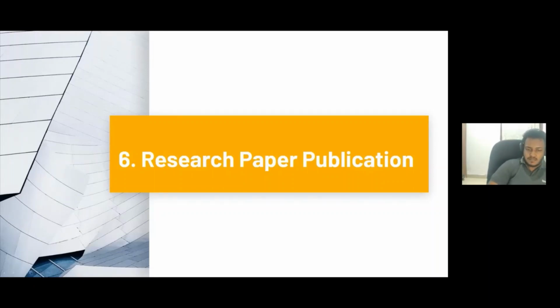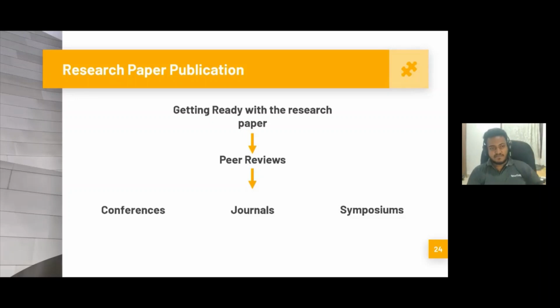So you're writing a research paper, and the end outcome is to publish a paper with your names on it, right? When it comes to research paper publication, there are 3 stages, in my opinion. You have to get ready with your research papers, your references, all documentation, structures and writing. And there's this stage called peer review. Peer review is basically letting someone else review your research paper, maybe an industry expert, maybe a senior, maybe a lecturer,